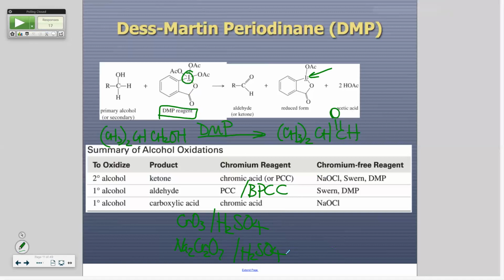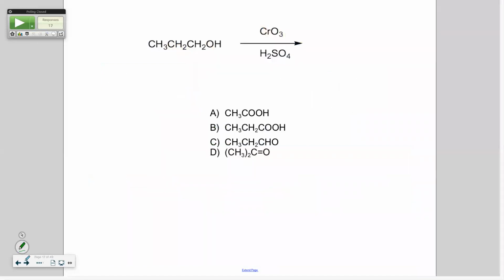Any questions? I mean, we're not worrying about the metal. It's inorganic. So if you take inorganic, Dr. G can teach you the mechanism if he cares. It wouldn't surprise me if he talked about it again. Okay, so what do you get?